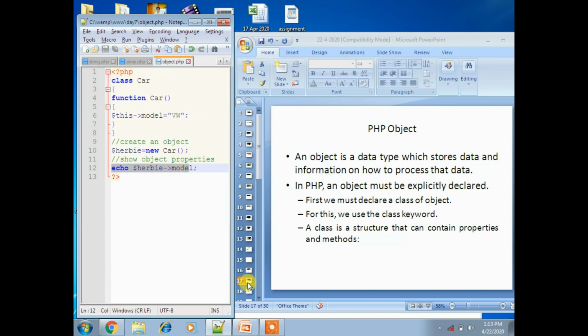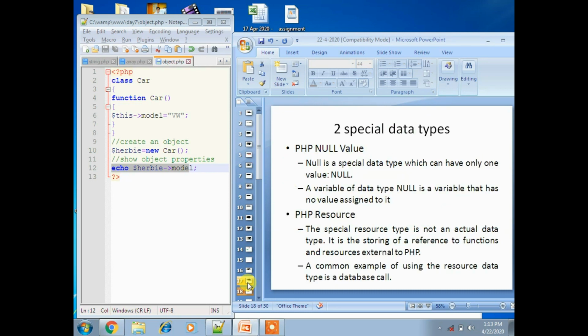I'll take another concept, that is the second data type, the special data types. The first one is null value, the second one is resource. Null is a special data type which can have only one value, that is null.